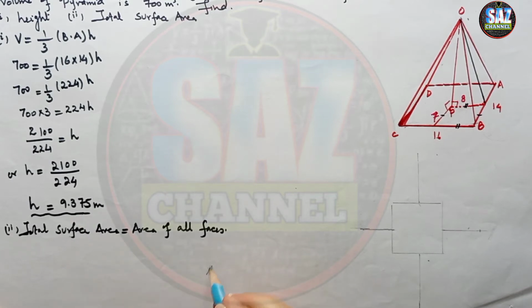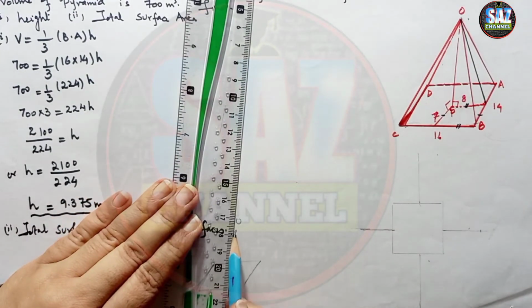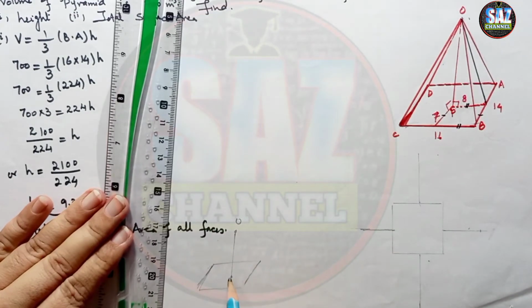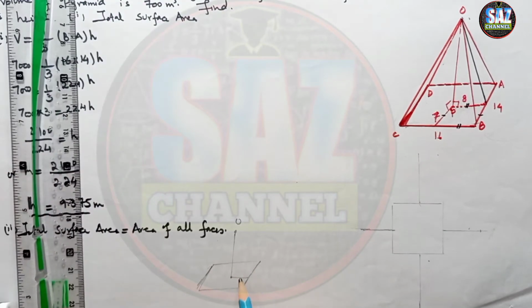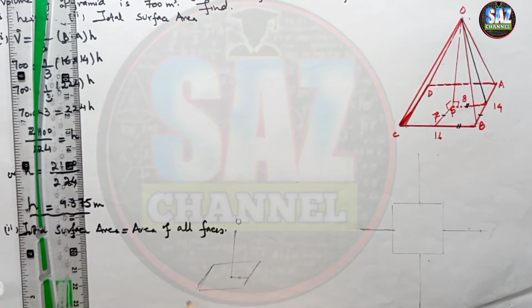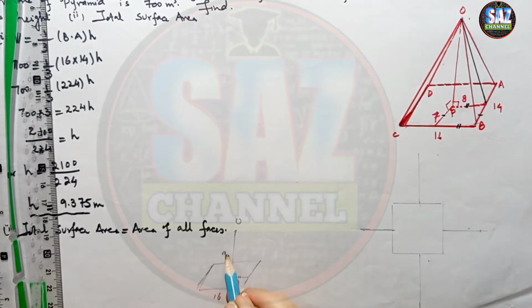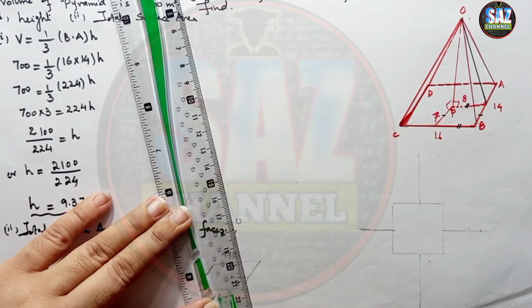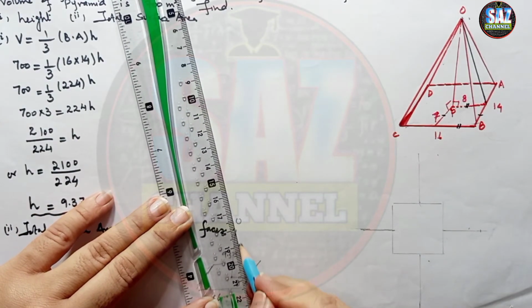Let me make the triangle here so that my students can understand the question easily. This is the base, and this is O, and from this point I'm dropping the perpendicular towards the midpoint of the base, and from this point I'm moving towards this side, which is parallel to the CB side. The CB side has a total length of 16 centimeter, but as this is the midpoint, it will become 8, and this side is 9.375, and now I have to join this side with this point, O.